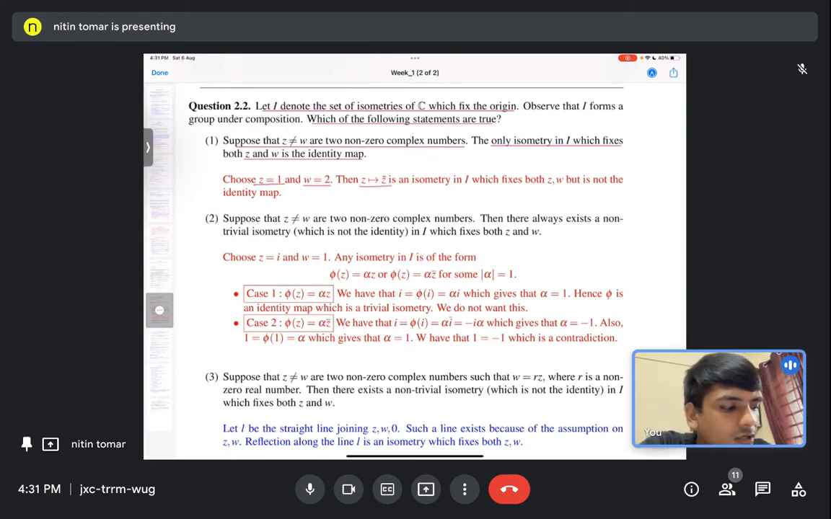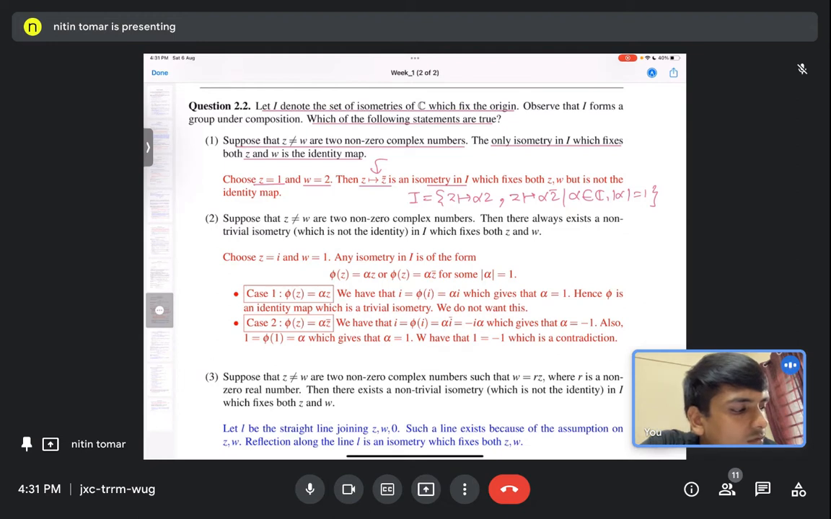Now consider the conjugate map. So the conjugate map is an isometry in I. Why? Because I is what? These are two maps. Either z goes to alpha z or z goes to alpha z bar, where alpha belongs to C such that mod alpha is 1. So the conjugate is of the second form, with alpha equal to 1 here. Okay. So this is an isometry in I